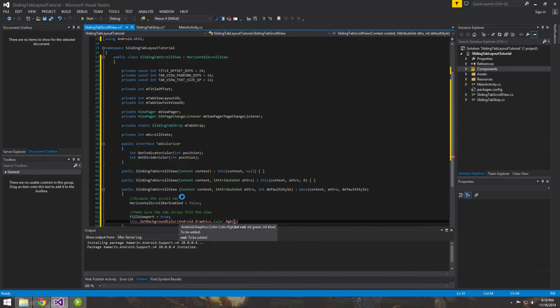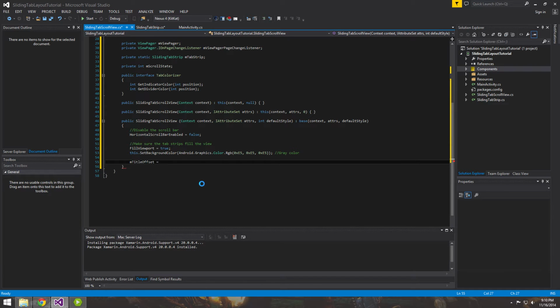The way we do that is using the graphics library, and we give it some values, 0xE5, 0xE5, okay? And that's basically a gray color. And we'll just make a note of that. Next we have a